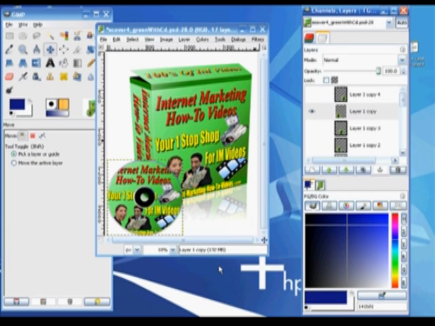Welcome to this video on the Gimp 2.4. In this video we're going to be touching base on the layers, and this is our layers dialog box here. If you don't have yours set up similar to the way I've got mine here, then you can